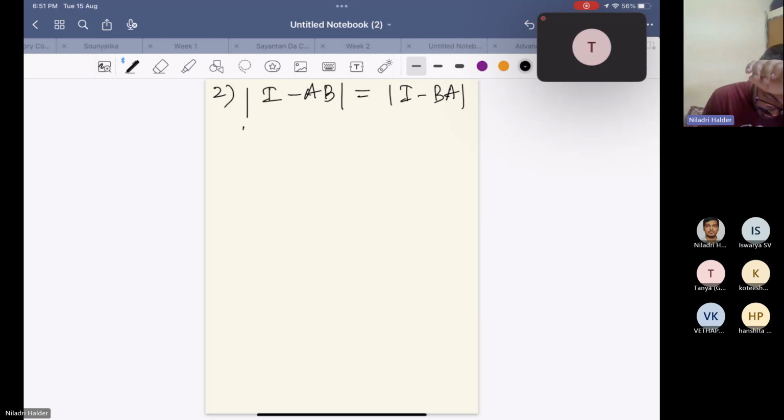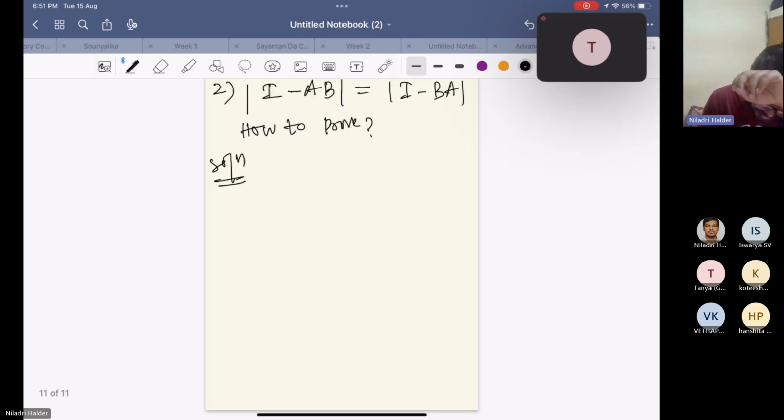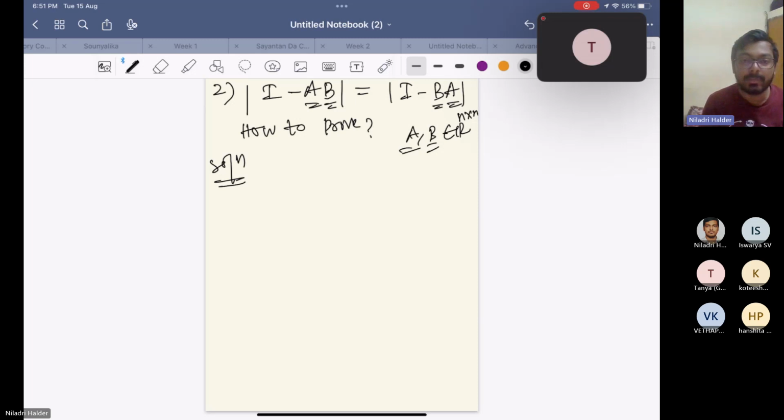So now, let's take A, B, both the same dimensional square matrices, n cross n matrices. Now we need to show that this I minus AB determinant is the same as I minus BA. So suppose